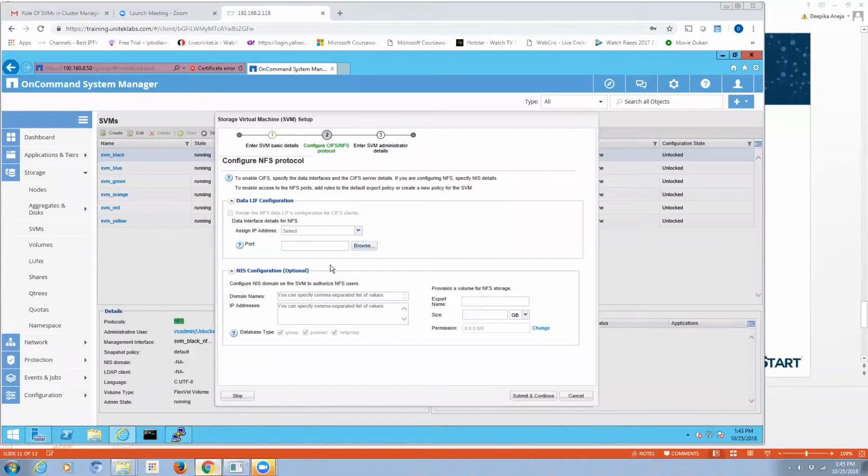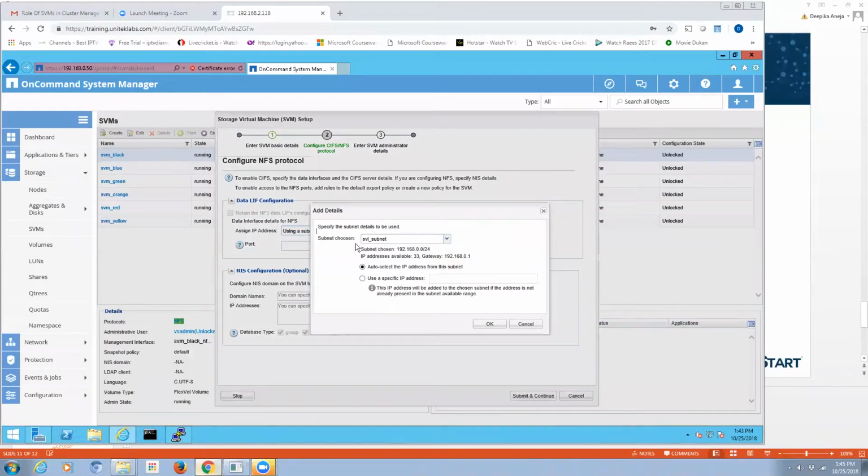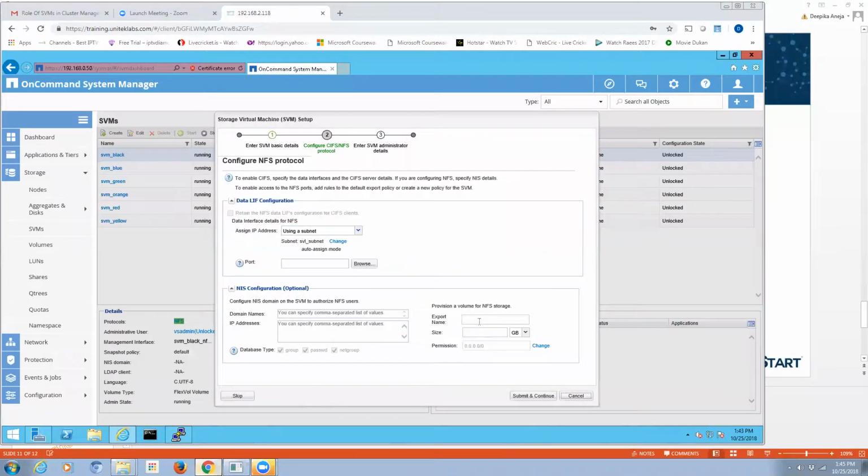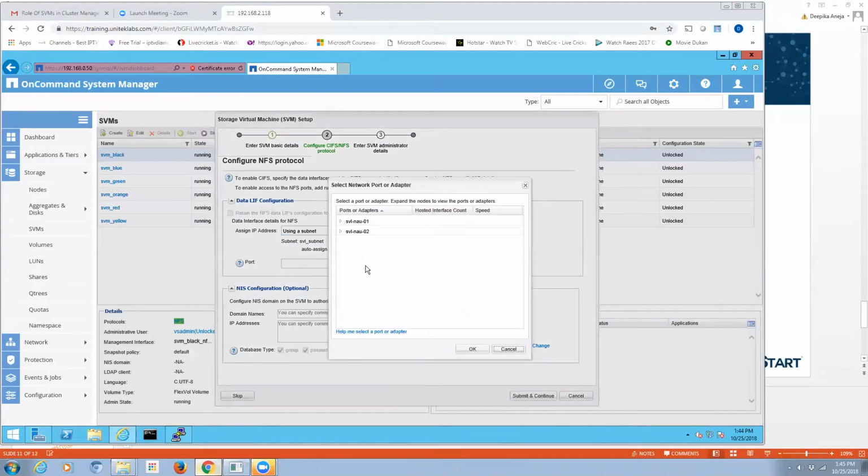You will always have to assign a logical IP address to your LIF. There are two options. Either you can assign a manual IP address, which means without a subnet. Or you can assign an IP address using a subnet. Think about a subnet like a DHCP. There is already a default subnet, or you can create a range of IPs and it will pick up one IP from that particular range